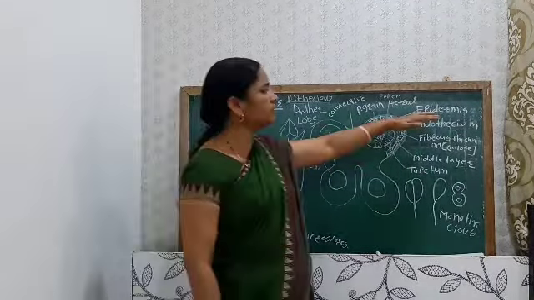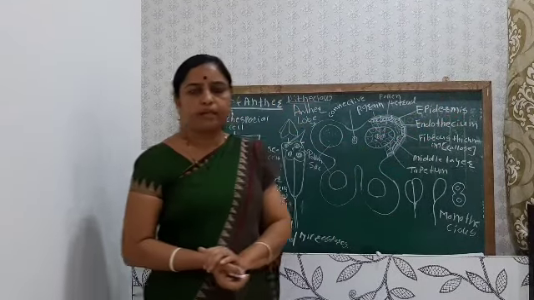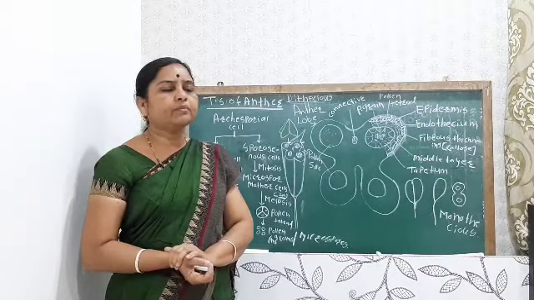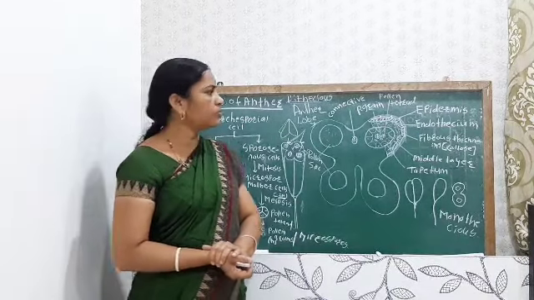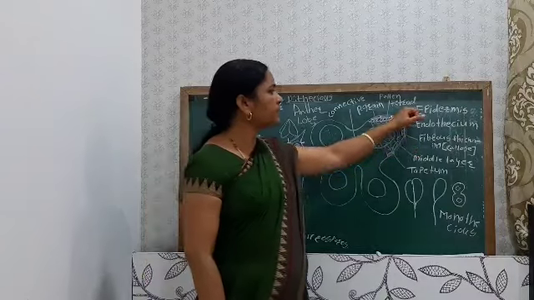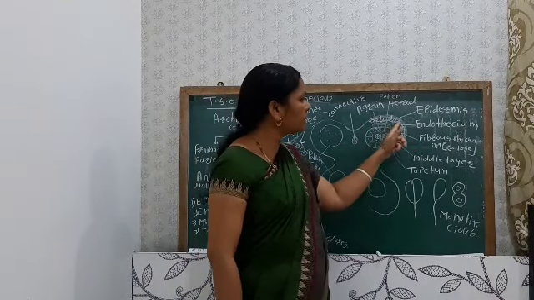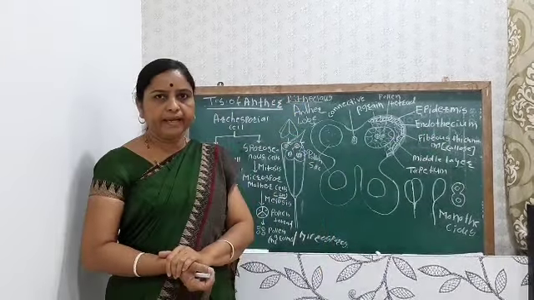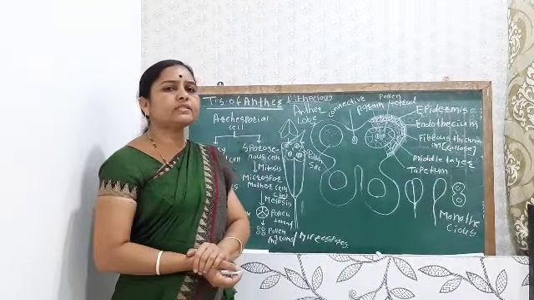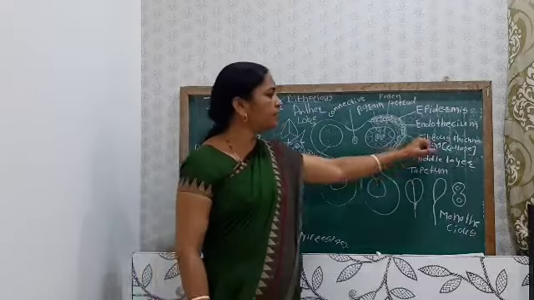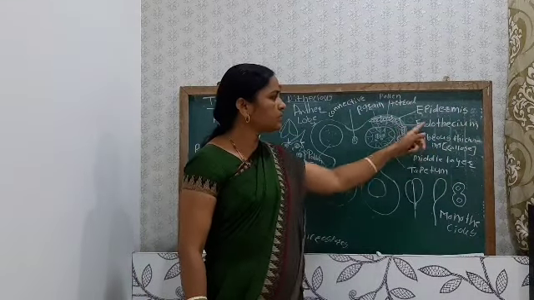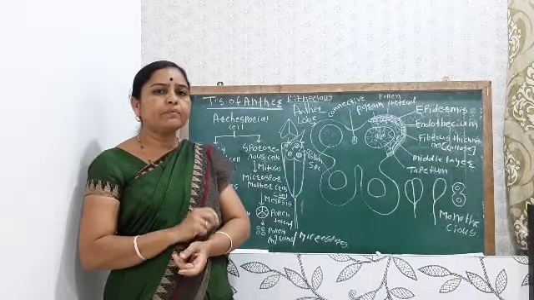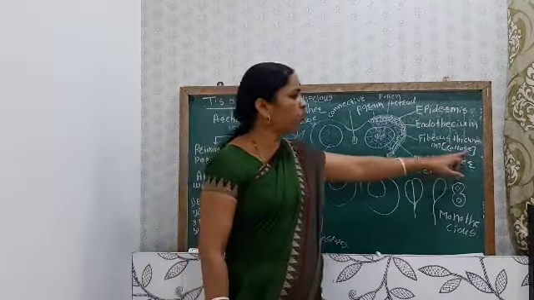The outermost wall layer is known as the epidermis. Epidermis is the outermost layer, and its function is that it gives protection. Then inner to the epidermis there is also a single cell layer which is known as the endothecium, and the cells of the endothecium have fibrous thickening, and this fibrous thickening is of callose.